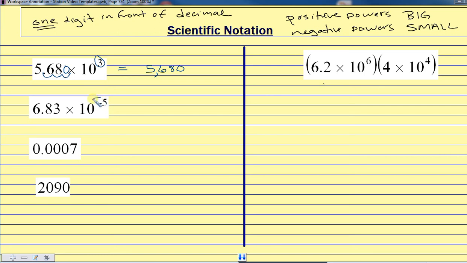The negative power means I need to make a really small number. So I need to move my decimal 5 places, but I need to make a small number. So if I move this way, I'm going to make a big number. So I'm going to move it this way. 1, 2, 3, 4, 5. And any blanks need to get a 0. So you don't insert the number of zeros that match the number. You just insert any that you need based on how far you moved. So in standard form, this number would look like